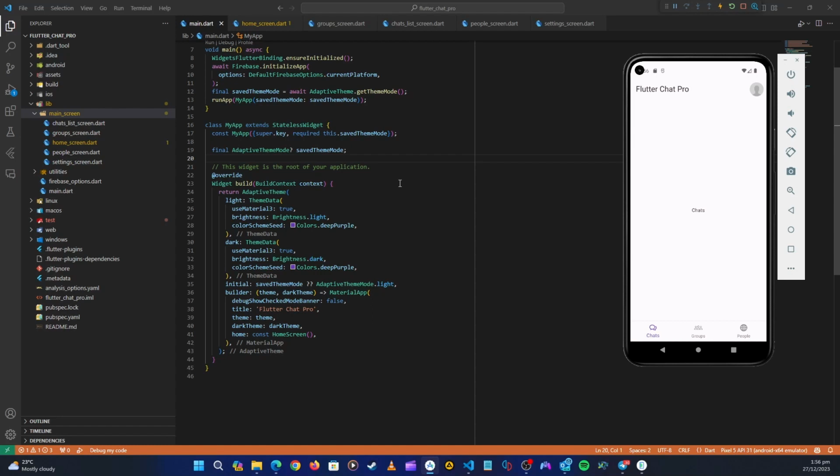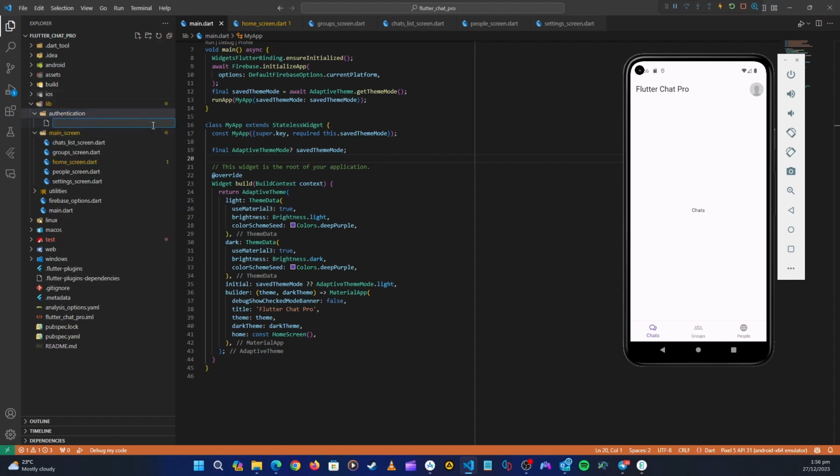So let's get started with our login screen. Let's head over to the lib here, right click and then new folder. Let's name this authentication. And then here let's right click and then new file. Let's name this a login